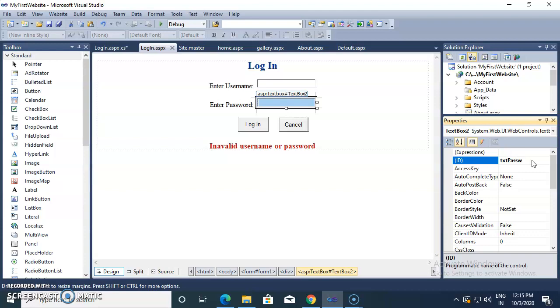This is a good practice if you are giving a name to each and every control of your web page.